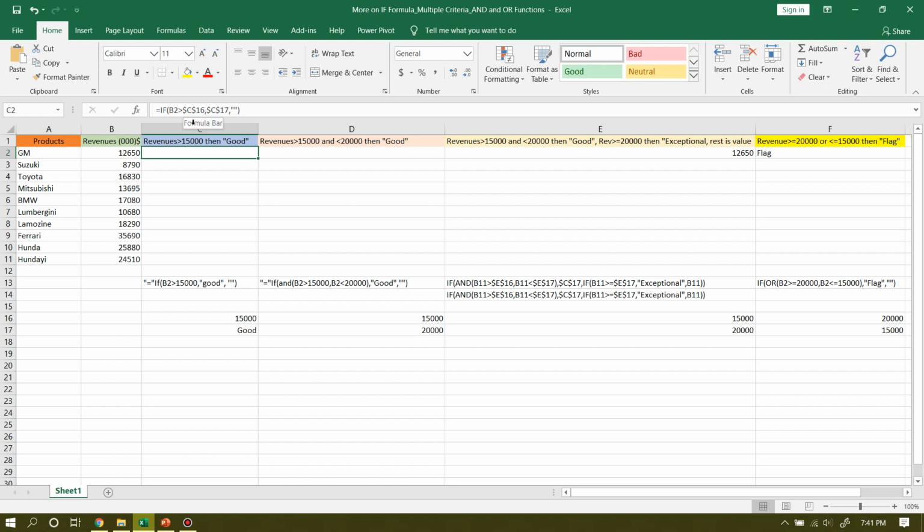So this is C16, which I have fixed, and then B2 is that, for good, and show nothing. So if I press this, then I will drag this downward, and you see,